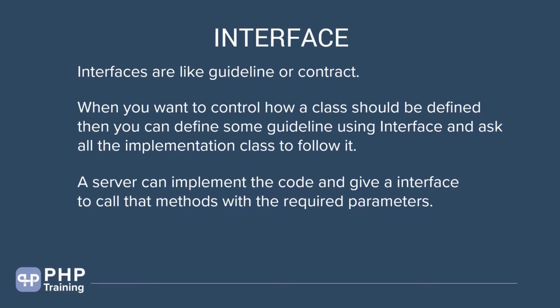Like when you make a call to my interface, these are the methods you can use. Then when you really make a call, my program will have this contract with me. My program will implement all these methods. So when I implement, I follow this interface. When you implement, you also follow this interface. So we both are agreeing to a contract.